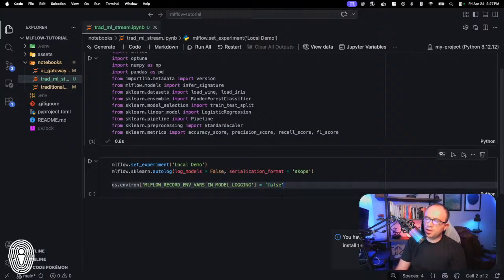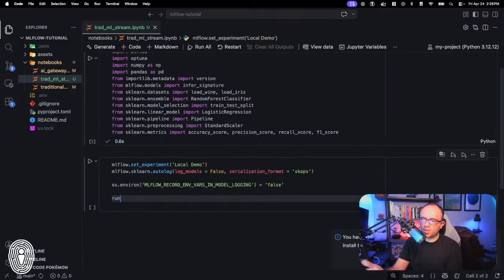Okay. And then with each of our runs, I want to put a timestamp on the end of those runs. So I'm just going to create one simple timestamp here at the top. I'm going to say run time. It's probably not best practice to do it exactly where I'm doing it. I should probably do it further on down, but I'm going to do it here anyway because it doesn't really matter. Run timestamp